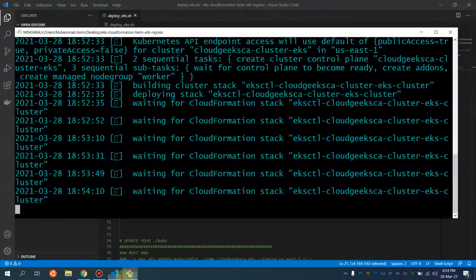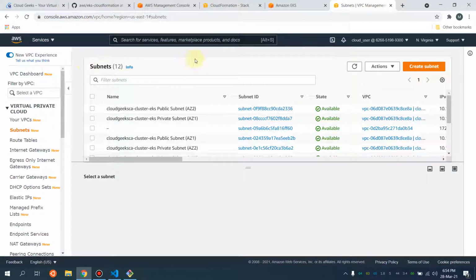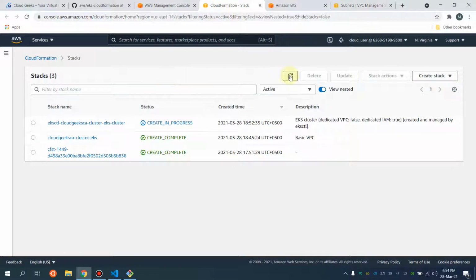All is automated for you guys. You simply use my scripts to deploy the CloudFormation stacks, which we are doing through the bash scripts. You just have to fill in this form and run it.